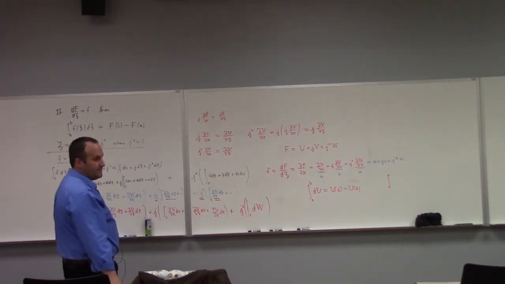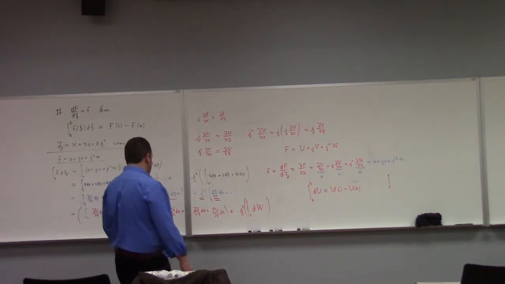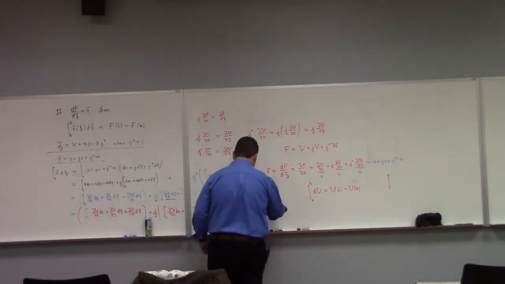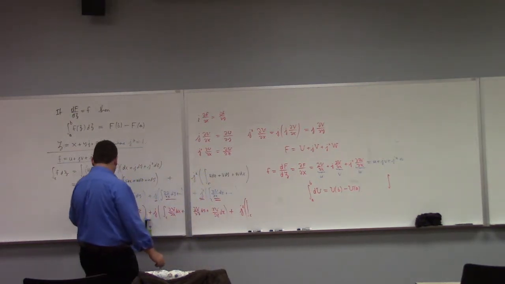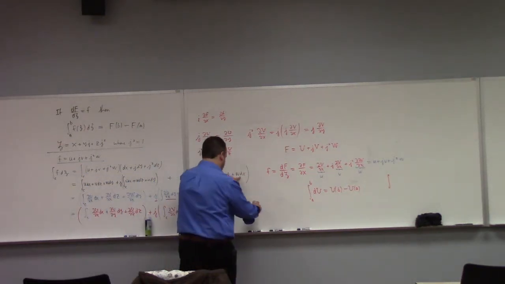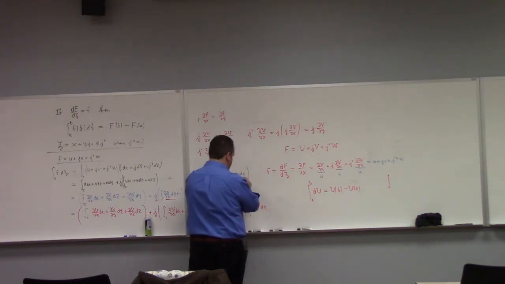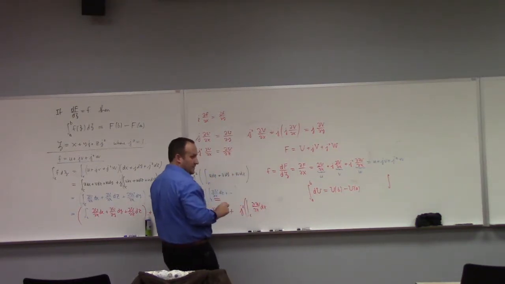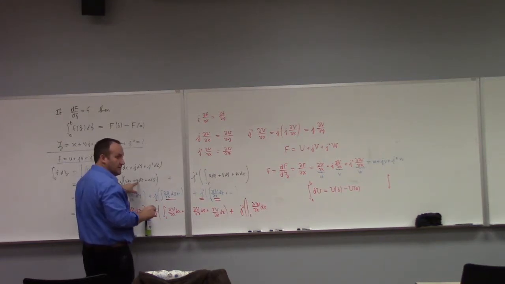I'm a little confused about where the dw is coming from. DW is just a representation. Right, so this one, you've got partial w, partial x dx from this piece right here, because it's already got j squared. And over here we've got j, partial w, partial x with z.